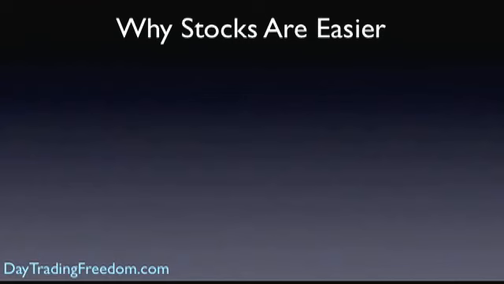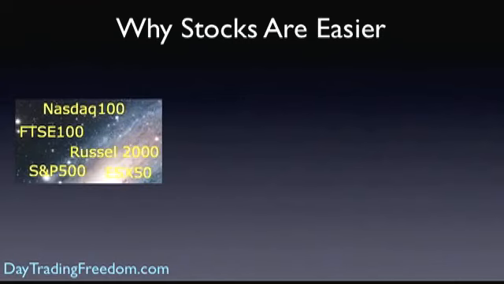What do I mean by that? What I mean is, if you look at futures, as I said before, you've got quite a small universe of futures. You've got the very popular ones, the NQ, the ES, the FTSE, the Russell, Eurostoxx and the DAX. All lovely futures to trade, don't get me wrong, but that handful there is pretty much all there is to trade. So if you're a futures trader and you want to trade US futures, for example, because that's the time of day you want to be trading, you're limited really to watching 4 or 5 futures, and if they all happen to be going sideways, then you're stuck, you haven't got anything to trade.